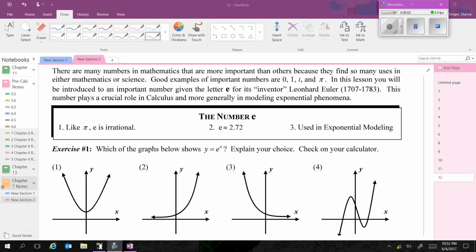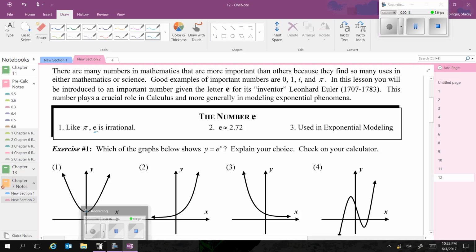Last video on logs and exponentials, and this will answer some of your questions about what this weird number thing, whatever you've been calling it, e is. It actually represents a number, and if you were to type it in your calculator,